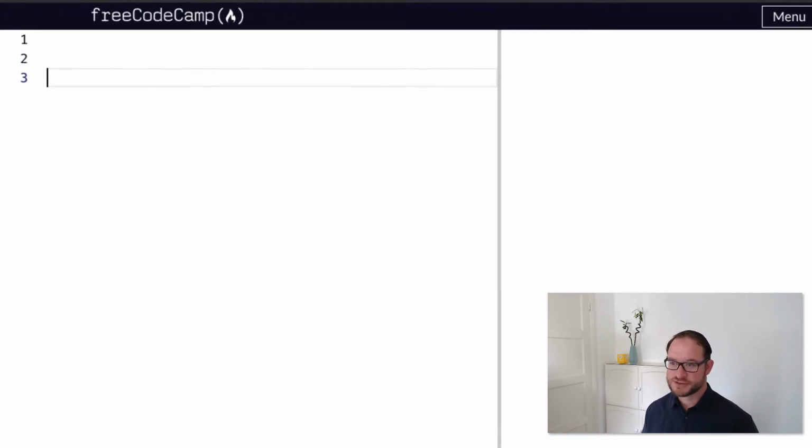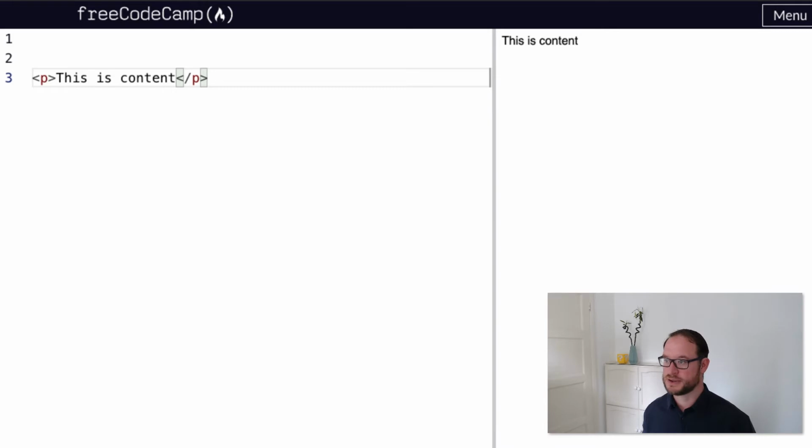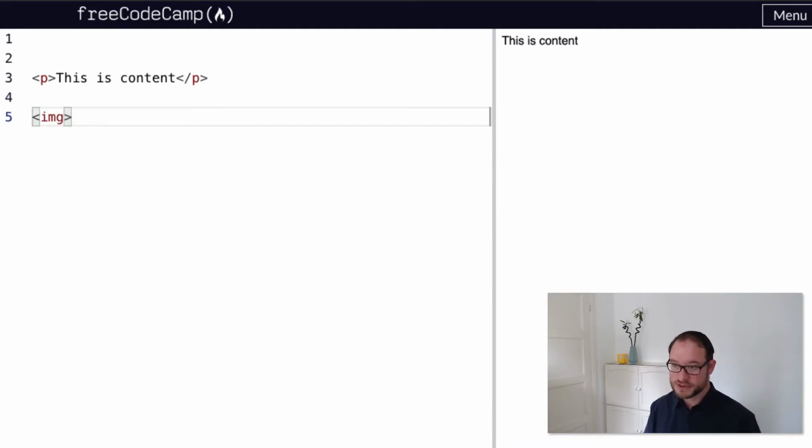And if we just remind ourselves of what a classic HTML element is composed of, it is made up of the opening tag, the closing tag, with the content in the middle. Here we go, and we can see it being rendered here. Now, if we try to do the exact same thing with the image tag, we would run into an issue. So if we said that is the opening tag, this is the closing tag, now we need to somehow type